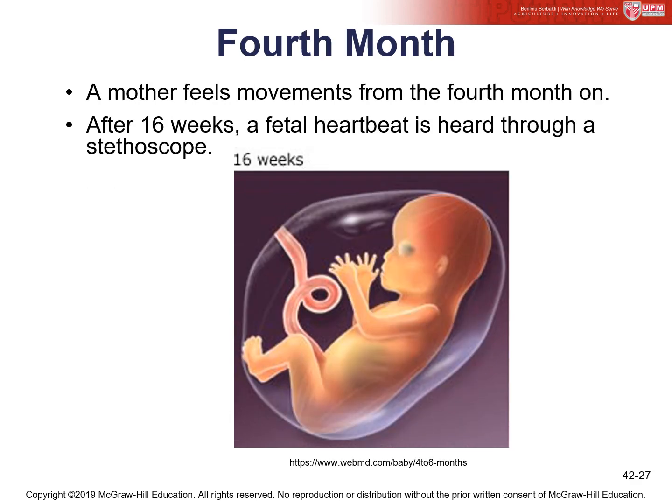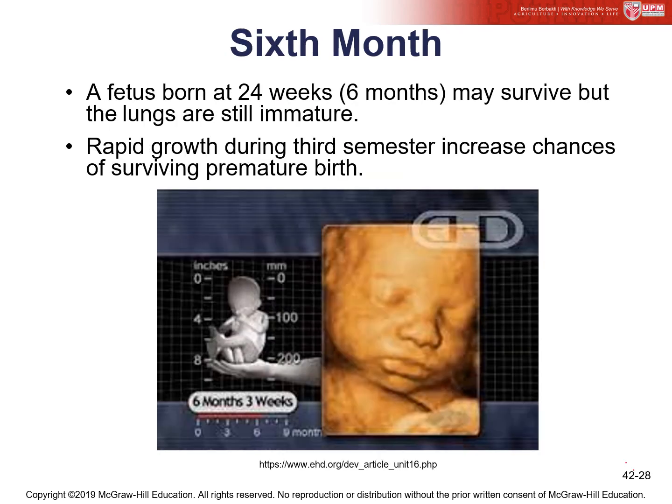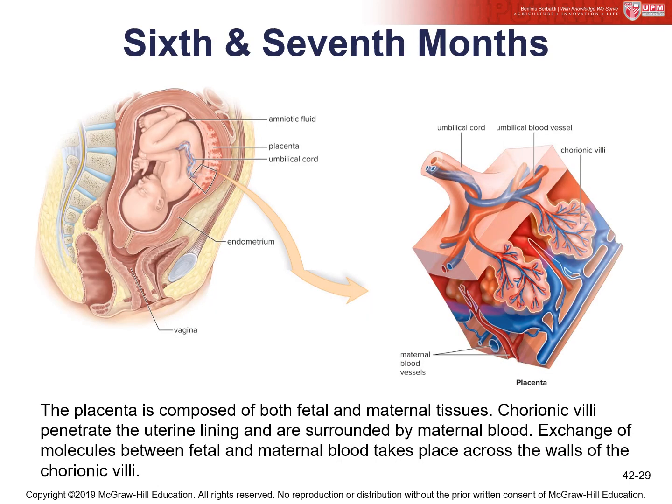In the fourth month, the mother can feel the movement and also hear the heartbeat of the fetus. If a baby is born after 6 months, it may have a chance to survive, but however, its lungs are still immature. This is the figure for a fetus at around 6 to 7 months, and also we have the placenta